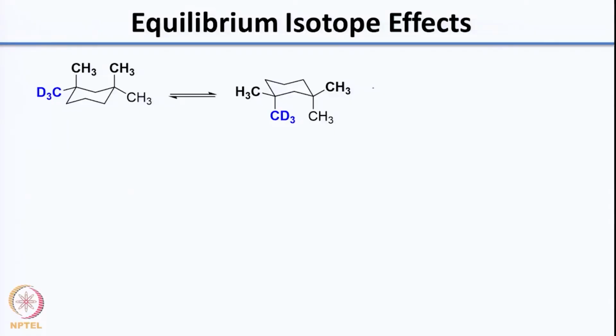So, what I had asked you to think about before I left you is that if I make a substitution now, so I am substituting one of the methyls with CD3, again are these two structures equivalent in terms of energy, or will one of these conformers be more stable? So, to understand this, again you can use the concept of CD bond being smaller than the CH bonds. So, when you try to visualize this, you can think of the case